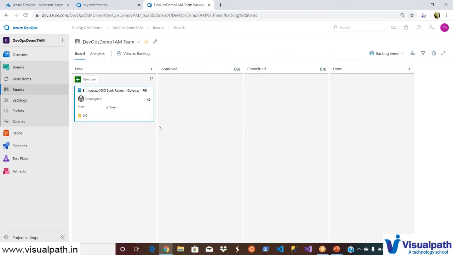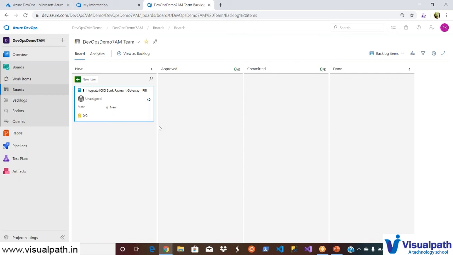You can see how many product backlog items or tasks are in new state, how many are approved, how many are committed, or how many tasks are in progress. All such things you can see, and also you can see how many people are working for this sprint. Let us say your sprint is 2 weeks. That means basically it is 40 plus 40, 80 hours. If you have two people, then total capacity is 160 hours. And if somebody is free for 2 days, then it will come down to 144 hours, and your deadlines will change.